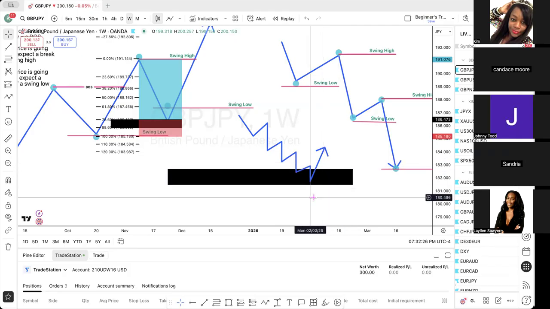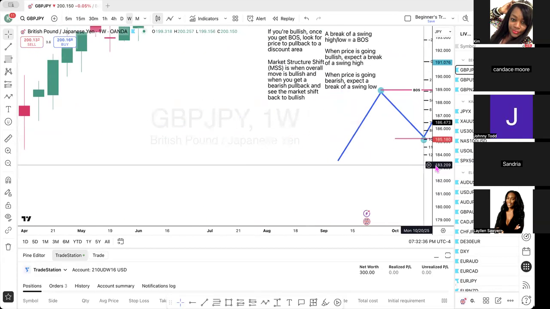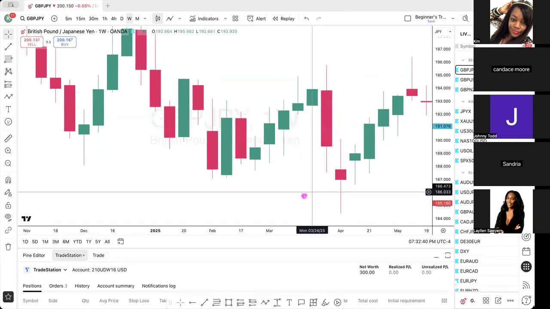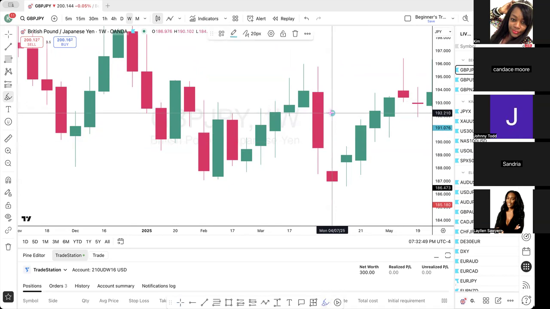Okay. So why you're looking for that is because usually once you get an impulsive move, and I'm going to show you an impulsive move, so here's one right here. Once you get an impulsive move, it leaves this gap right here. So I was thinking stop loss, but that's not correct. So you're saying fair value.